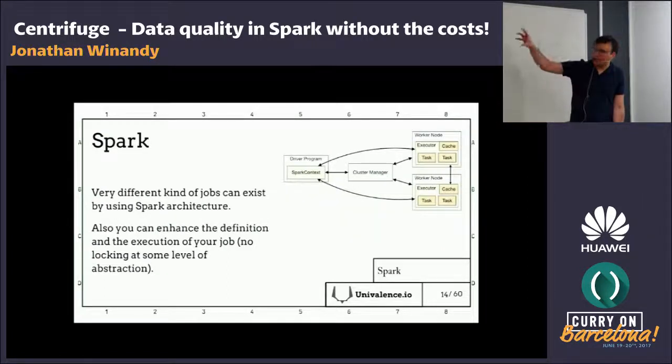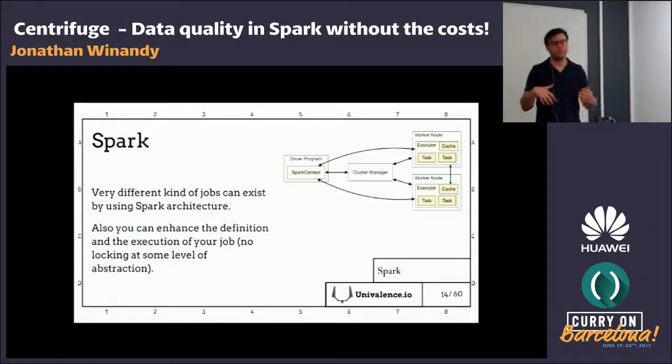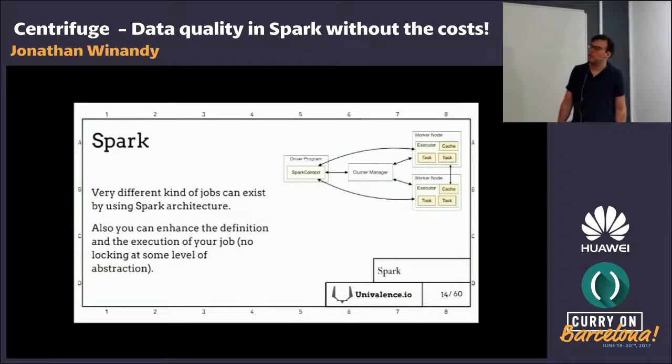Thanks to the Spark architecture, the key component in Spark is the driver. Your program is not run by something else, it actually asks the master to run computation. So you have a real program. For example, you can integrate the driver in a reporting application, or in long-running jobs and so on. You are not run inside Spark like you would be in Pig or Hive or classical MapReduce.